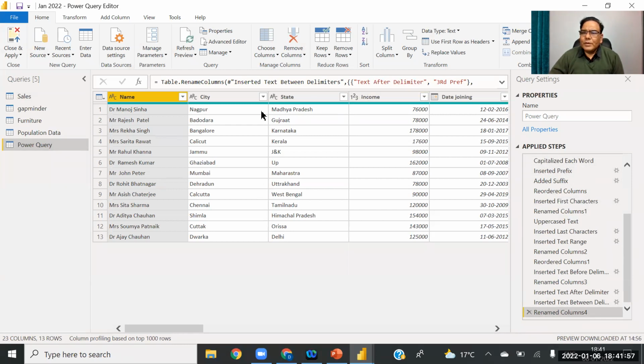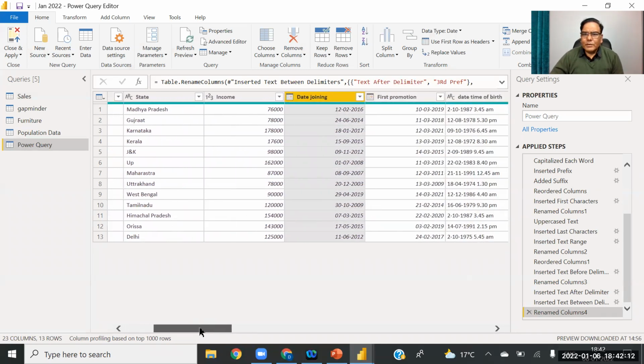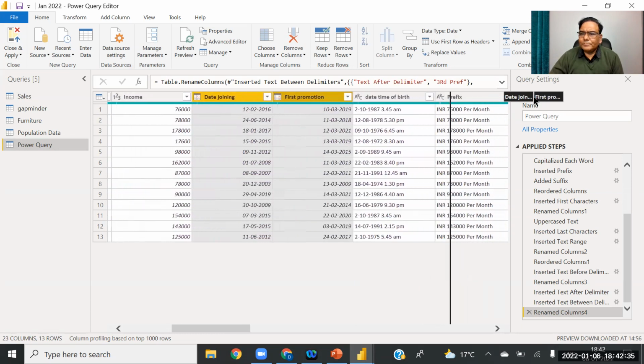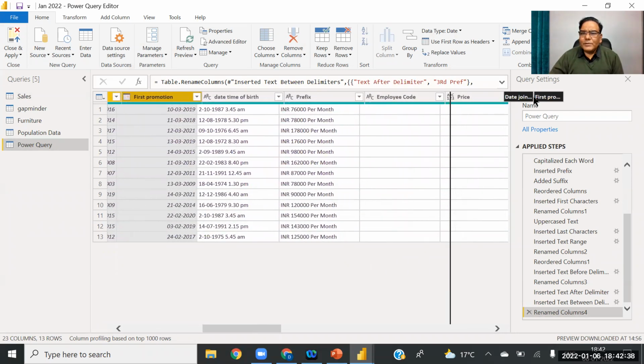Now, the first job that we are going to do today is to apply which functions? Date functions. So I have to find out the date. This is the date of joining, when the person joined the company, and this is the promotion, when he got the first promotion. So I am going to use these two columns first of all. I am selecting these two columns and shifting them to the last. Why am I shifting them to the last?